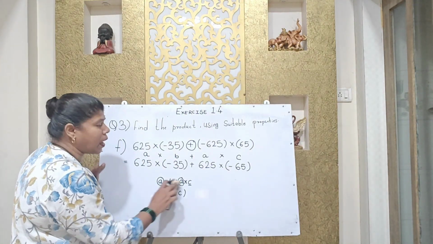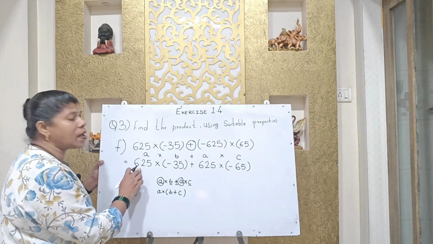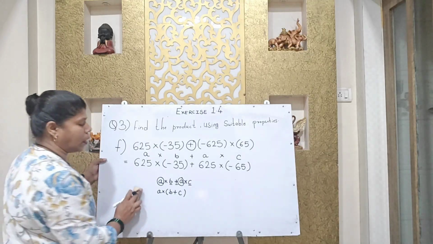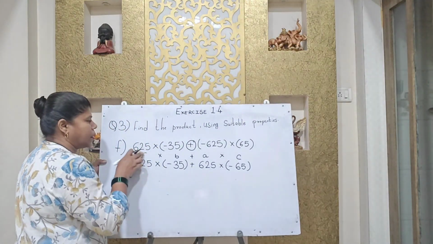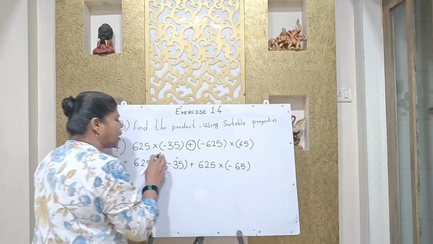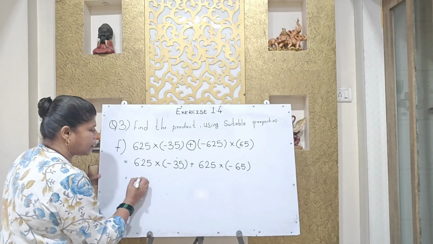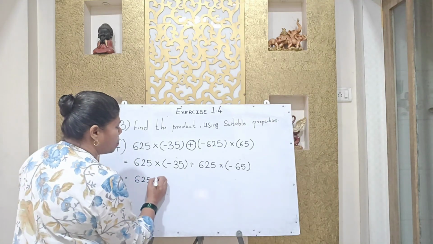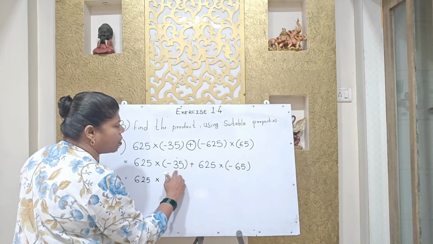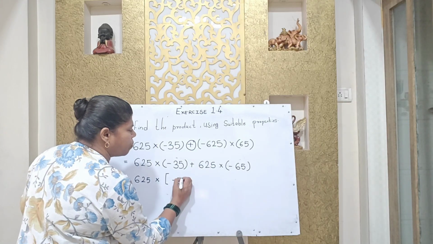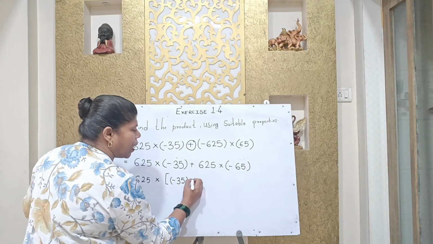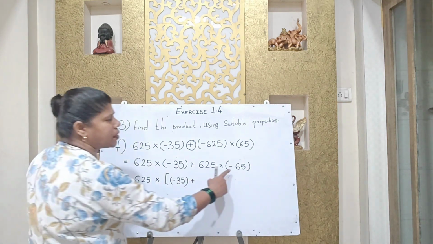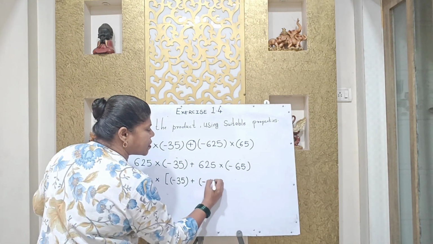So first what have we done? A को कॉमन निकाला है. हमारा यहाँ A क्या है? 625. तो हम इन दोनों एक्सप्रेशन से 625 कॉमन निकालेंगे. हाउ? अब देखिए कैसे 625 कॉमन निकाल के ये सम को सॉल्व करते हैं. See, 625 outside the bracket, multiplication sign, what has remained here? -35, plus again 625, I have already taken common, so I have just written it outside the bracket, -65.